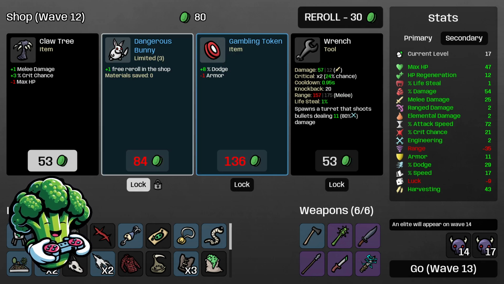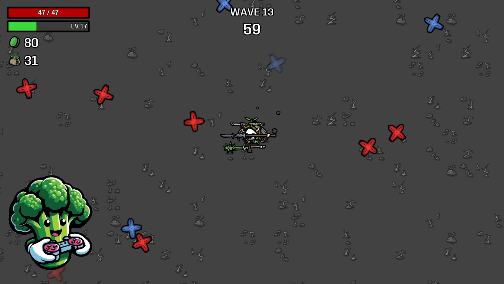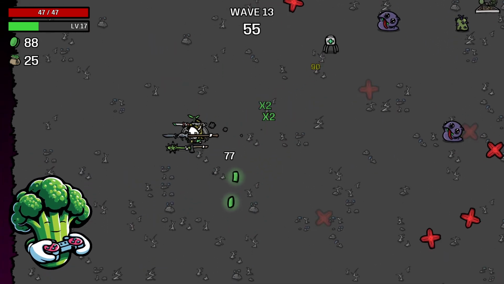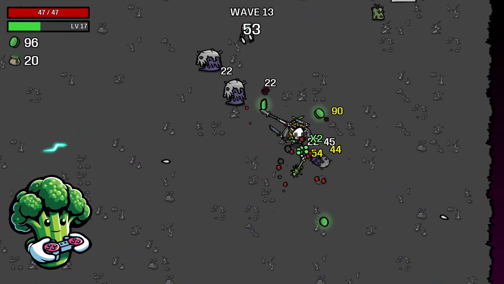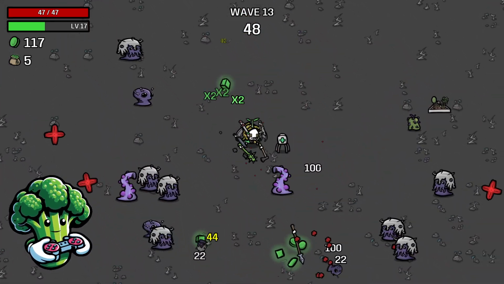And dangerous bunny will lock in for sure. Gambling token will lock in for sure, because gambling token is nice because you get that 8% to dodge. If we can get that to cap, that'd be awesome. So probably don't really need it, but